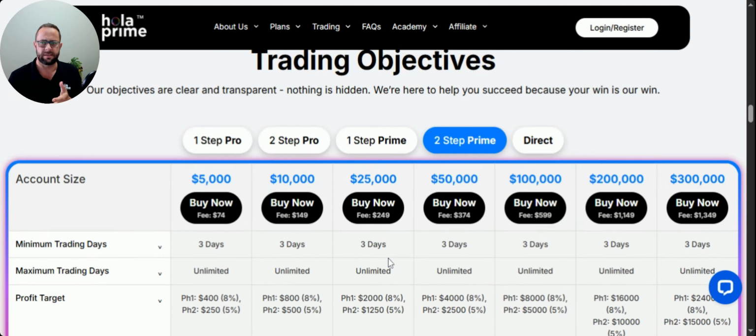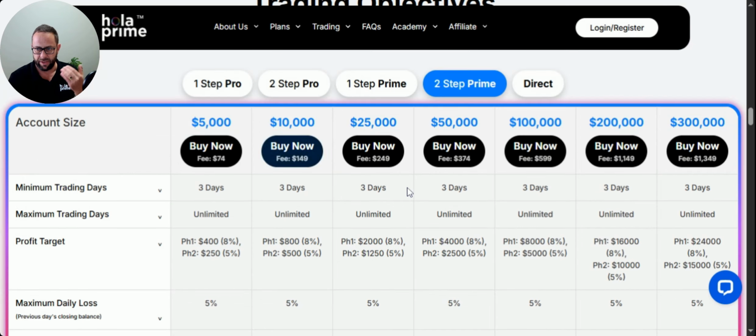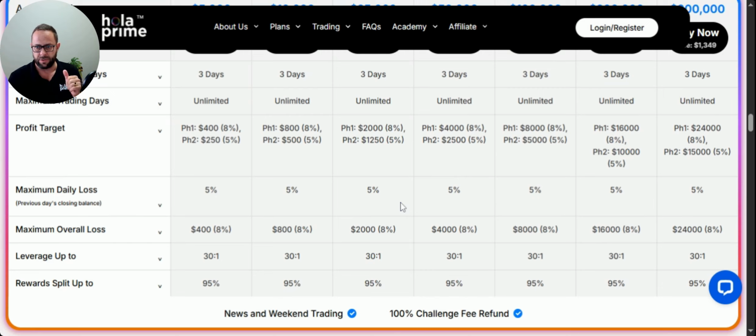and I'm going to be using, just as an example, a two-step Prime $25,000 account size. And you could be using any one of these account sizes, and just note what these maximum daily loss limits as well as your maximum overall loss limits are, both the dollar value as well as percentage value. All right, knowing that in the back of your head, and also then only risking, let's say, 0.5% per any given trade, you can then use the risk calculation feature in the cTrader platform to help you control